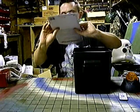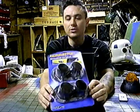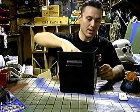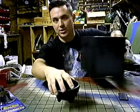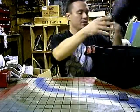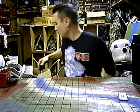Things I also used is, I got these at the auto parts store, some little stick-on mufflers. You can go to the auto parts store and get it. It doesn't have to be this, but this works great. It looks really cool. Got a filing box here that's black. Got a motorcycle reflector. I don't think I used this, but you want to grab stuff like this. And I got a salsa bowl. And you're also going to need some 2-inch PVC and 2 end caps. And what you're going to end up with,